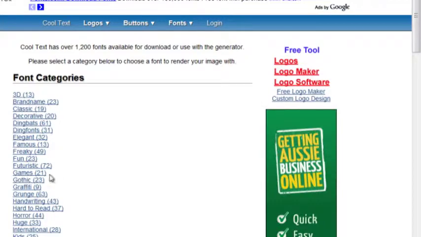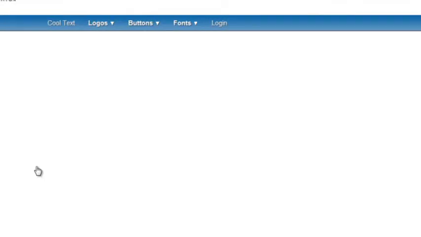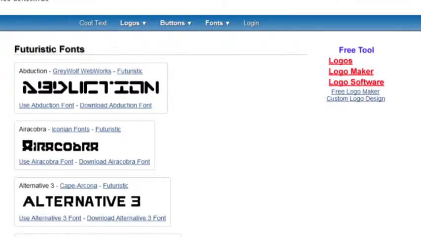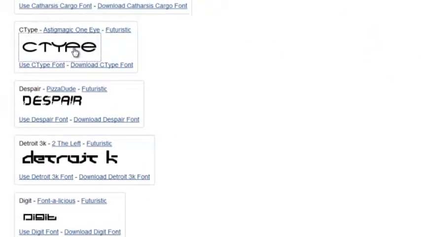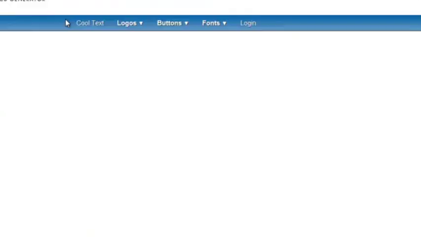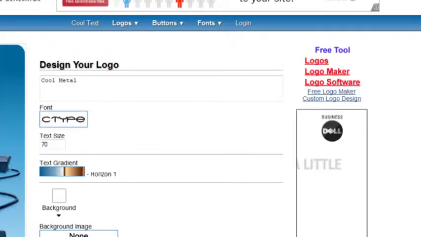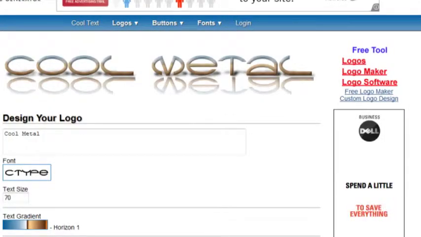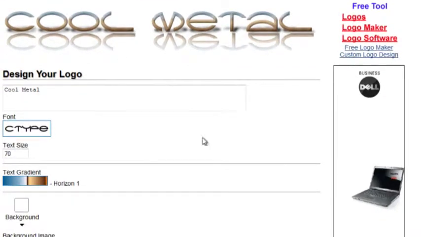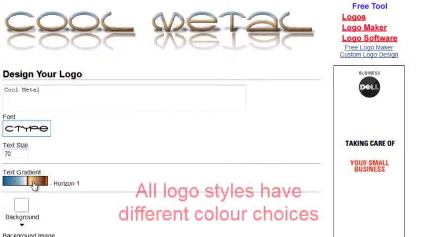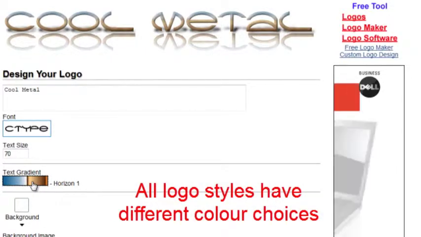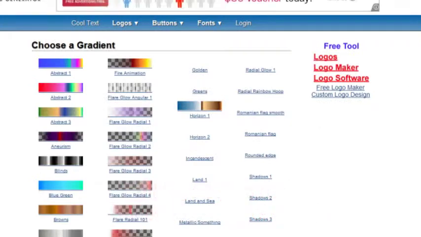I'm going to choose something from the futuristic font categories here. Let's just choose a font and see what we get. I'm going to try this one here. That takes us back to the original page. And as you can see, that's changed our font. We've still got the reflection, which is very cool. You can change the text gradients, the colors here, so you can have different types of horizons, different types of horizon type colors. So on here,